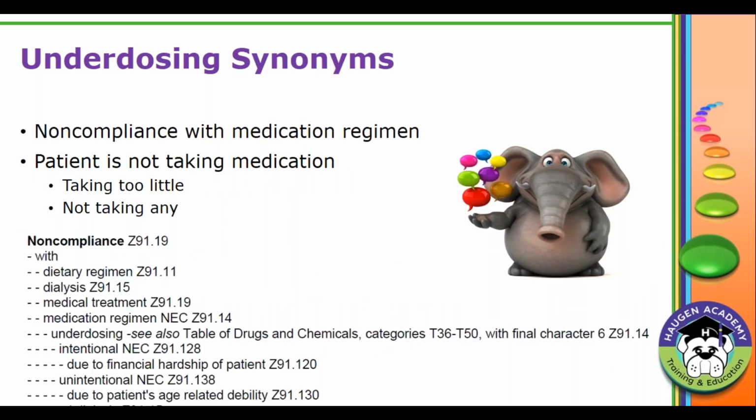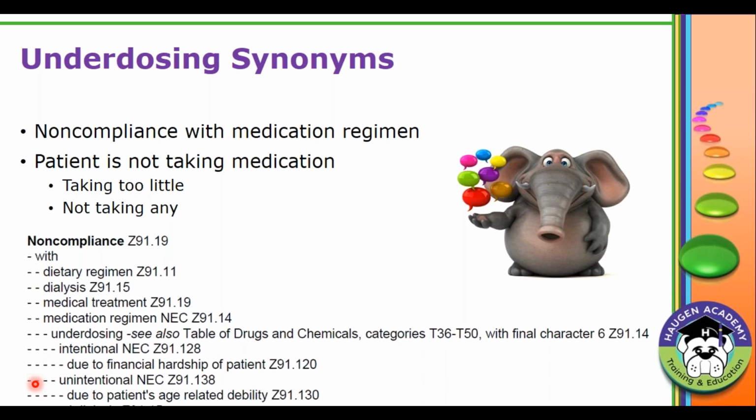Now, underdosing. Doctors don't use that term. What a doctor will say is the patient is non-compliant with medication regimen, or the patient's not taking their medication. Either they're taking too little or they're not taking any. Non-compliant is a pretty common term that physicians use in their documentation. So if you look under non-compliance with and then medication regimen, you'll see that it then gives you all these other options for underdosing